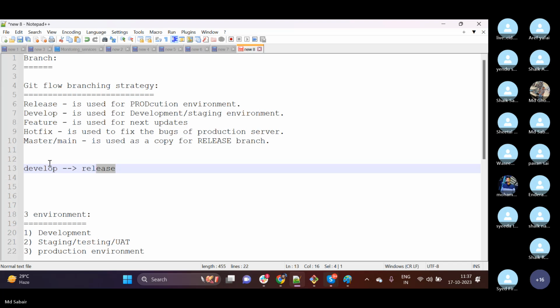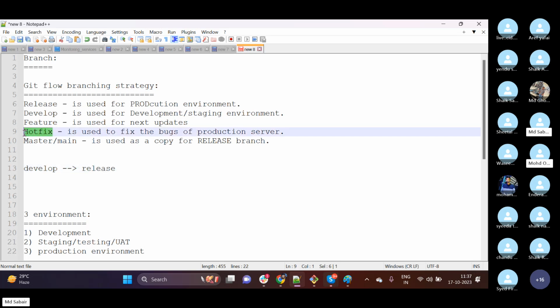Yes, sir. I have a question: if this hotfix branch makes some changes, will the changes be made in the release as well? No. What they will do is just cloning. They will take one copy of release, because release is the current version of code. Out of release, they will create one hotfix, and they will try to fix the